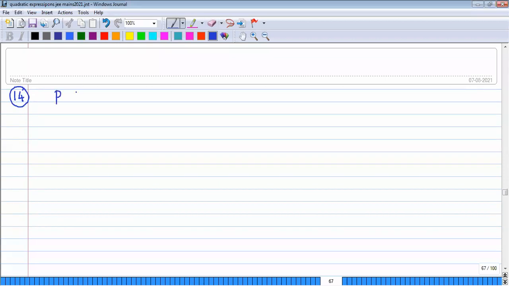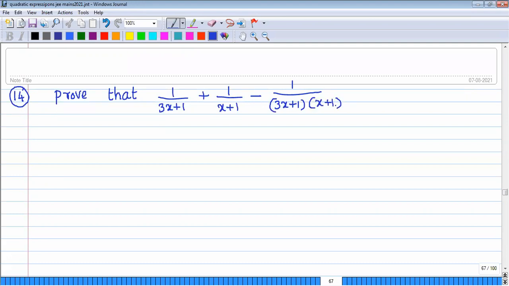Prove that one upon 3x plus 1 plus 1 upon x plus 1 minus 1 upon 3x plus 1 times x plus 1 does not lie between